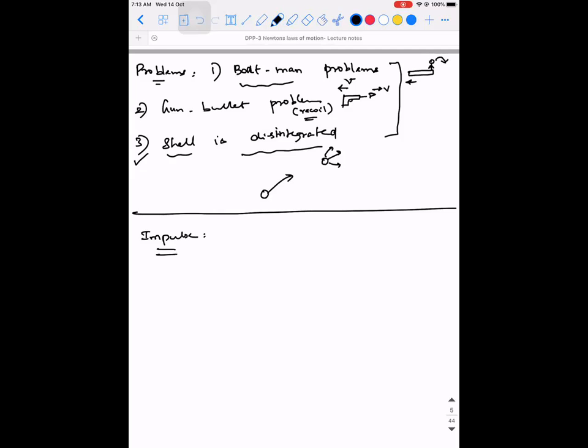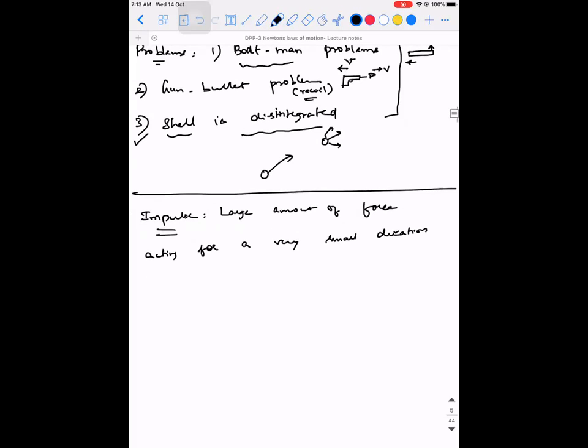It's a product of force and time. Okay, can you give a better definition to it? That is mathematically. Well, it's a large amount of force acting on a small area. Very good. You both are right. Yes, that's right. So a large amount of force acting for a very small duration.